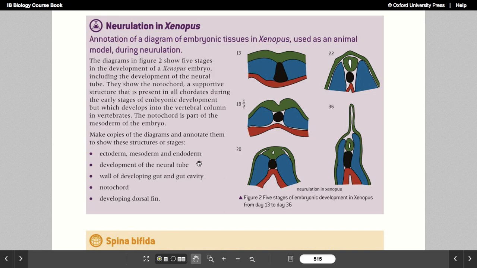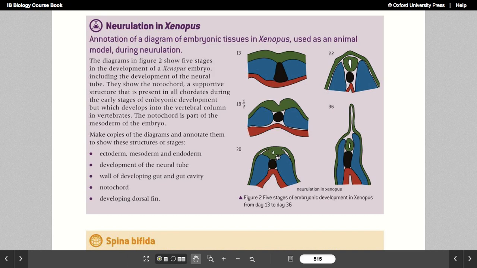They also want you guys to point out the development of the neural tube. So the neural tube in the last picture was black, but it's actually going to form directly from the ectoderm still. It's just not colored black over in this picture, which makes it confusing. So like we said, the middle part of the ectoderm is going to be the neural plate, and the neural plate cells will then kind of fold, so they end up making the neural groove. And the two sides of the neural groove have to fuse together to make the neural tube,